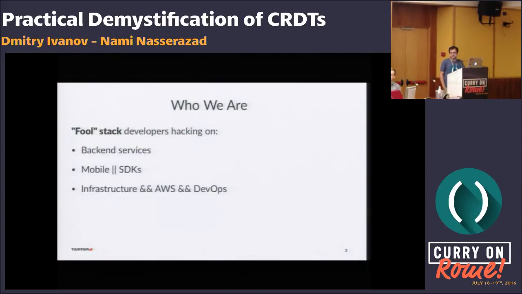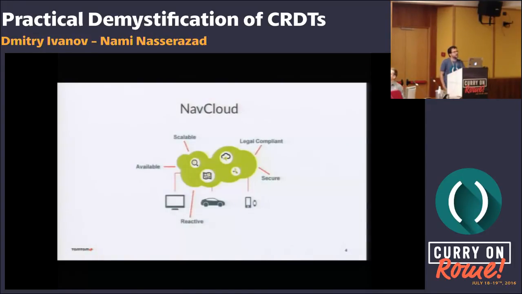Yeah, this is us. We do everything as developers in this project at TomTom. It's full stack development, from the front end to the back end, and also handling the infrastructure. The project that experienced this research is called NavCloud. It's a cloud-based storage service that allows users to seamlessly synchronize trip information between devices, as well as the TomTom website, so you can have your navigation information like favorites, active routes, destinations, all those things,